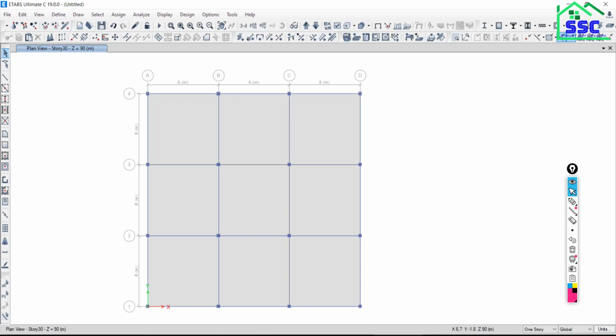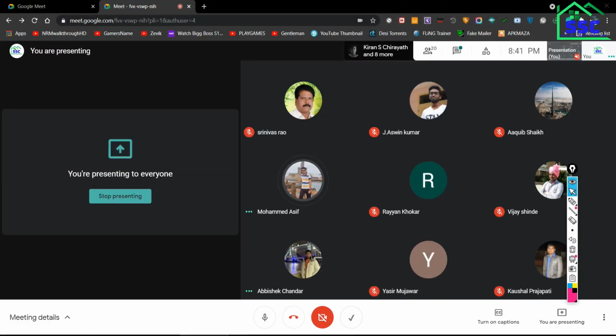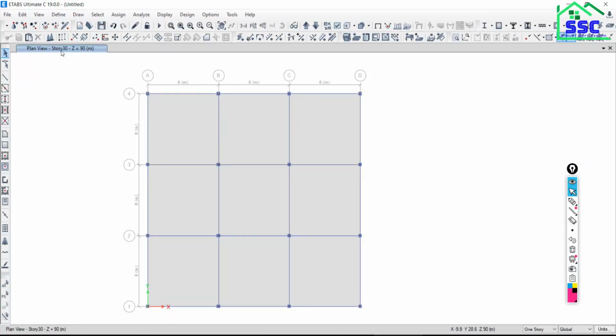Hello, you all are with me? Yes, sir. Here I am at the 30th floor and I want to come to the first floor. So what I need to do? Here an option is given, just come down. So it is 29, arrow up, arrow down, 28. Is it visible? Come down, it is 27. Come down, it is 26. Come down, it is 25. Come down, it is 24. So like this, I need to come to the first story.